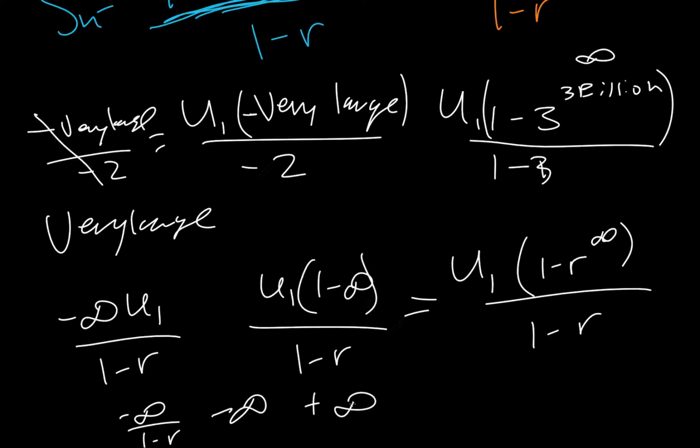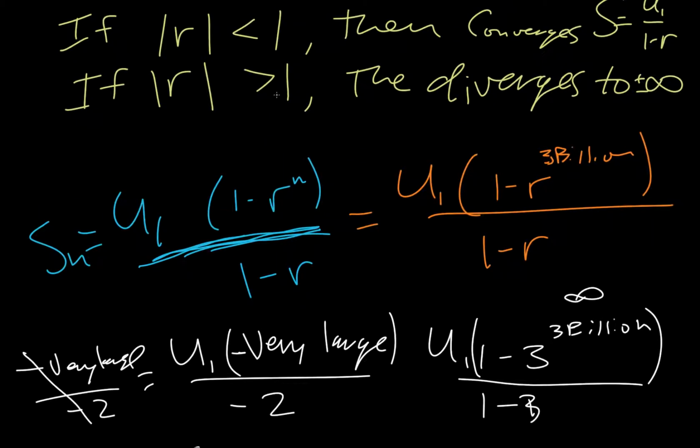So those are just two ways to think of this bottom statement. If r is greater than 1, it diverges to positive or negative infinity. So we're not going to really talk about it in this class. That's why the book leaves it out. Now the top one,